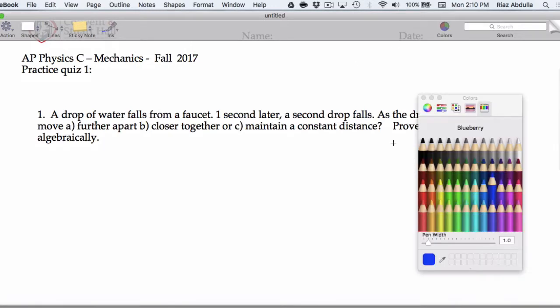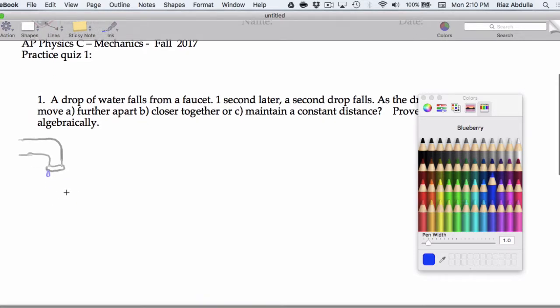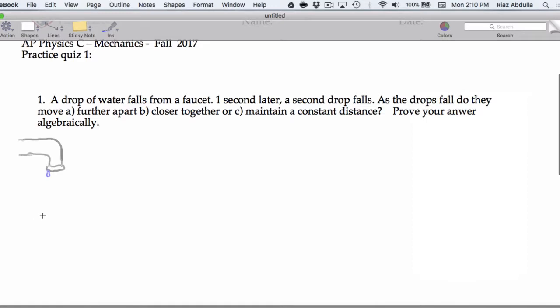Let me just draw the faucet. Steel faucet. Here we go. Look at that. And there's a little spouty part. Okay, you know what, that's the best we're going to do for a faucet. And then we have this little drop of water, okay? And what we're saying is that we have one drop that's already fallen,